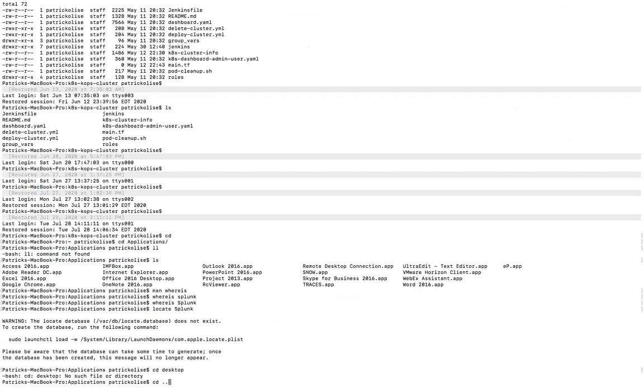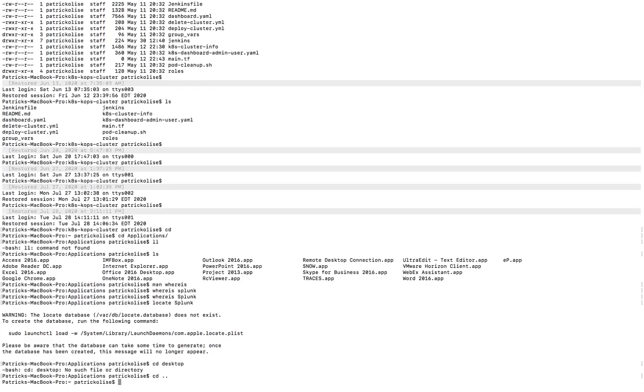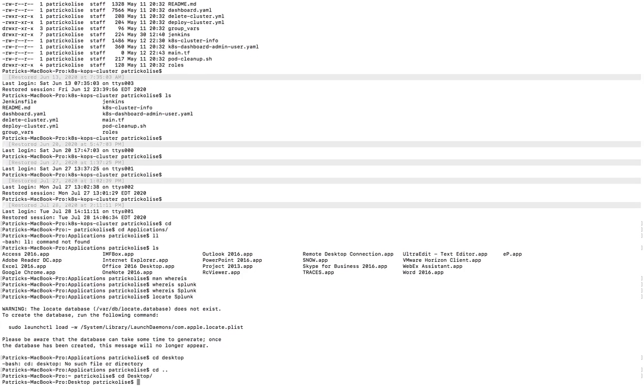Then after you get out of here, you're gonna be on your home folder. Now CD and then capital D and then press tab. Yeah, there you go. All right, enter. Yep. Then LS. All right, so